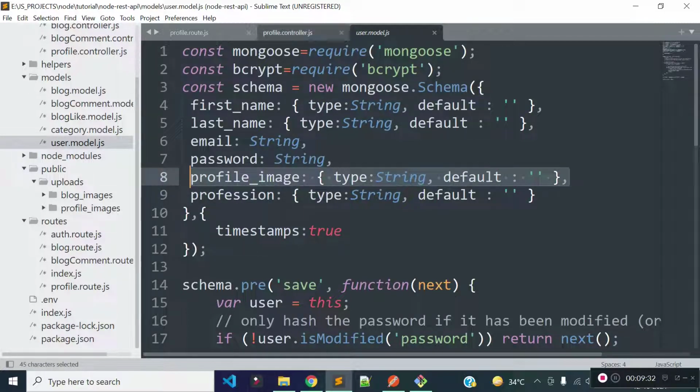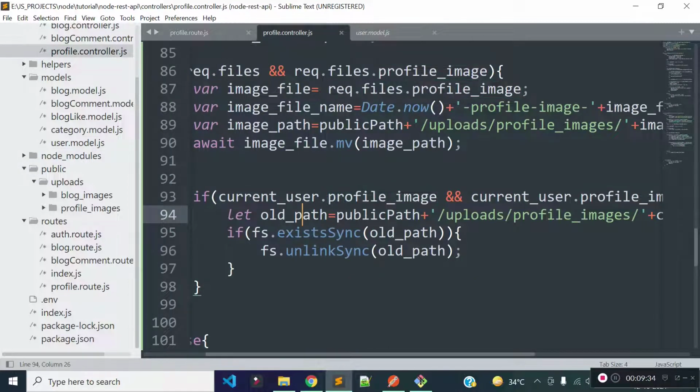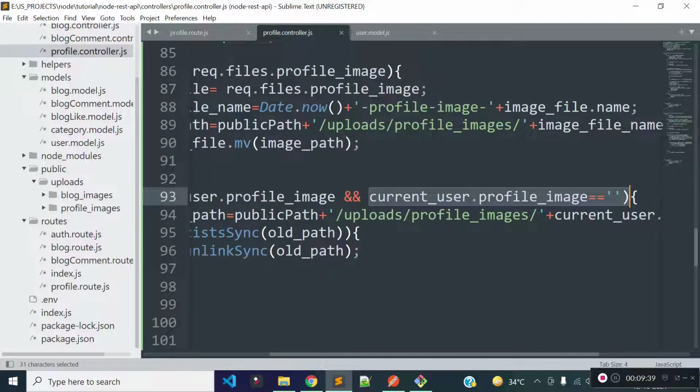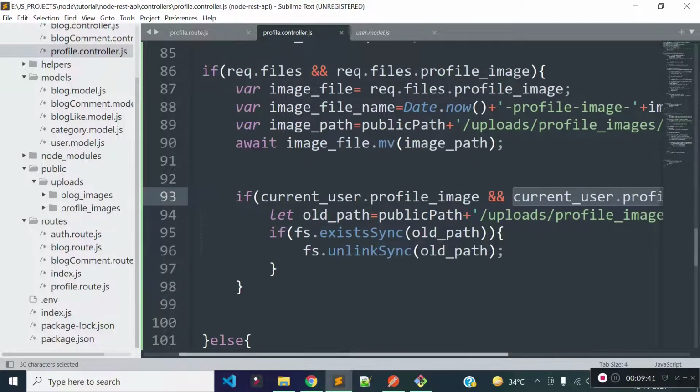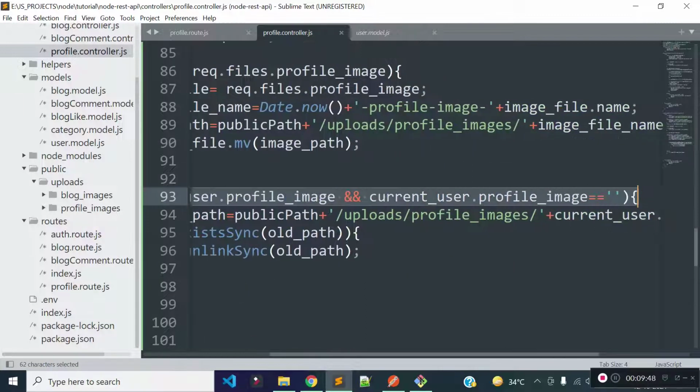That's why we are checking user has this profile image, and this profile image is not blank, that means user already has an uploaded image. That's why we are checking this in a if block.